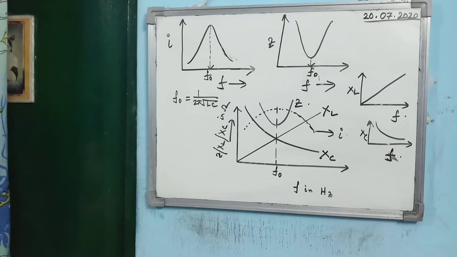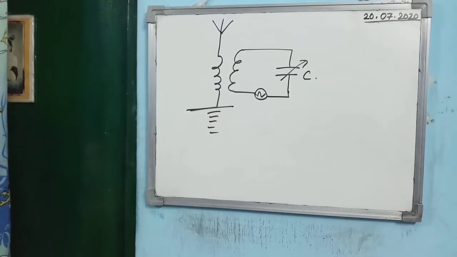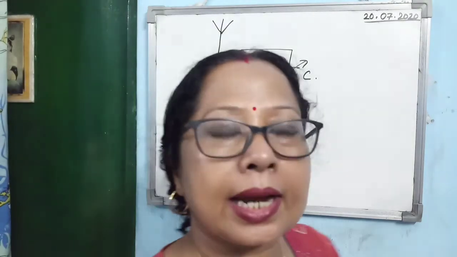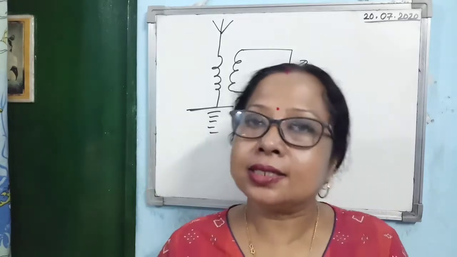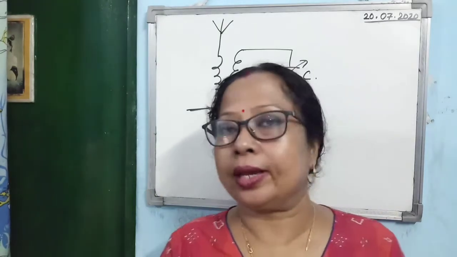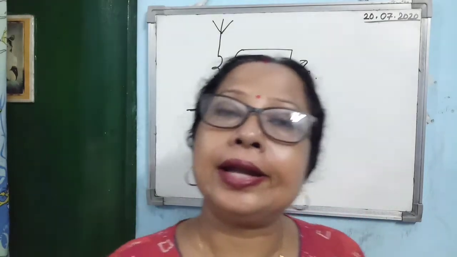Not only practice, you must understand and remember the physics behind all these discussions. Now, where is this series resonance circuit, the LC circuit, generally used? It is used in any kind of tuning circuit, meaning any kind of receiver circuit where we are doing the tuning. Just consider the most common example, a radio receiver.